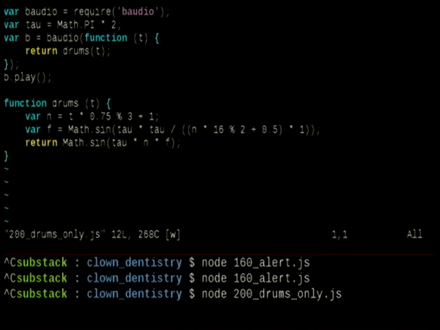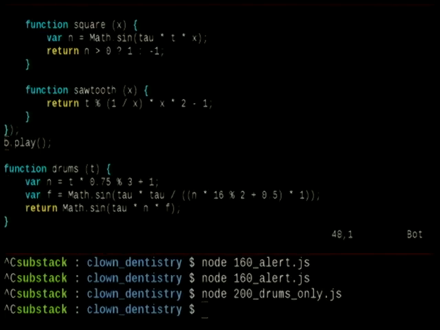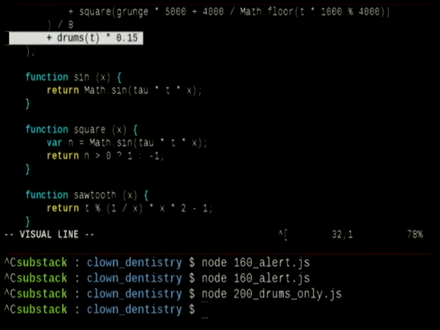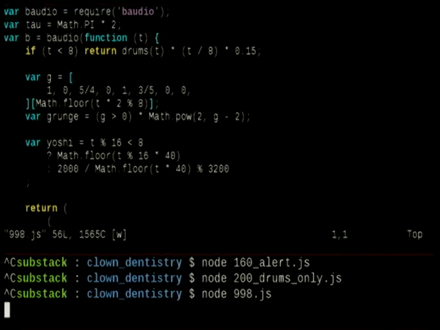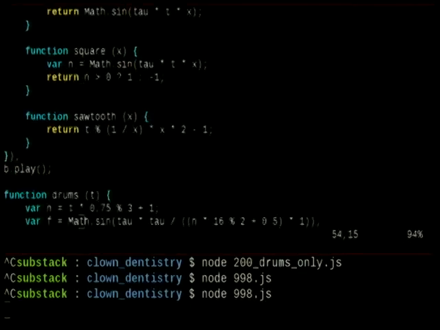Anyways, and then drums. So if we put some drums on this thing, like this, then we can add that into our function down here. So here we've just added plus drums to our whole thing, I think. And we can make the drums fade in, of course, and do a couple of other things. Anyways, if I run that, oh, it's all quiet. Hang on. Louder. Okay. So here's the whole thing. It's just a bunch of these little pieces stuck together.